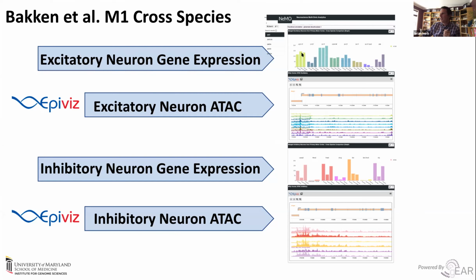So for our given gene, I think this is GAD2 yet again, you could very quickly see, is there a species difference in gene expression within a particular cell type? And so you can produce bar graphs, you can produce violin plots. Essentially, once you have that raw data, you can produce a whole host of graphs that they can place next to each other in this profile.